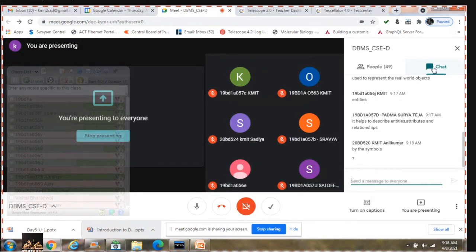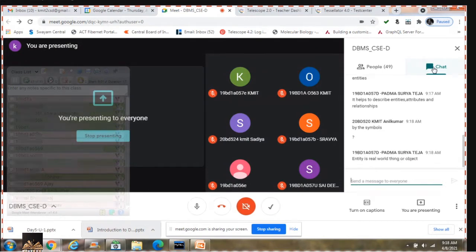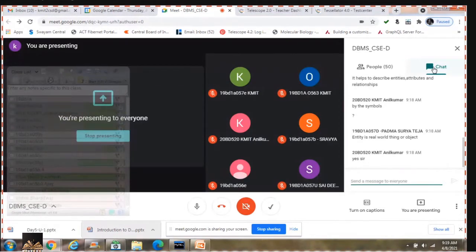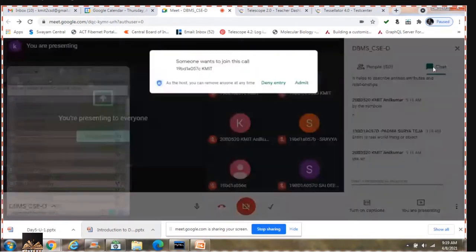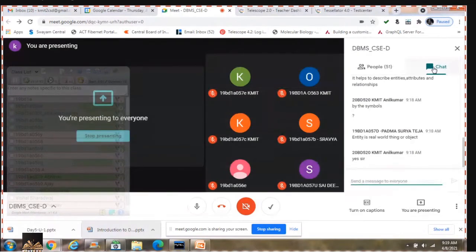See, once I come to a conclusion that this particular thing is an entity or an attribute, then only I work with the symbols, right, Anil? So first you have to analyze from a given scenario what could be acting as what.